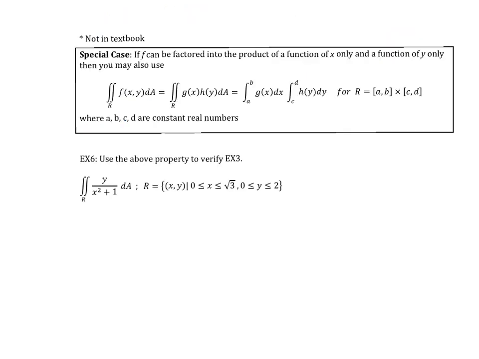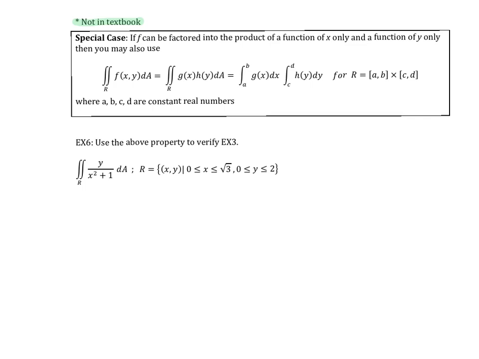Enough with the different types of integration. I'm going to look at a special case. Here, this is not in your textbook, and this refers back to our previous example. Remember when I pulled the x e to the x out, and I ignored it because it was constant, and I could factor it out because I had this product, x e to the x times 1 over y? Well, in the case, and this is only where you have constant limits of integration,